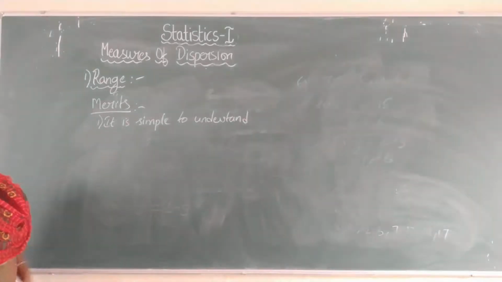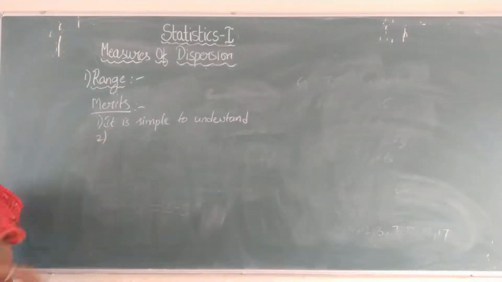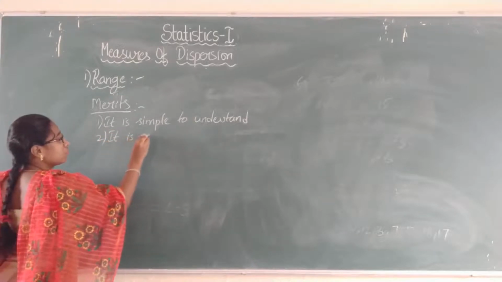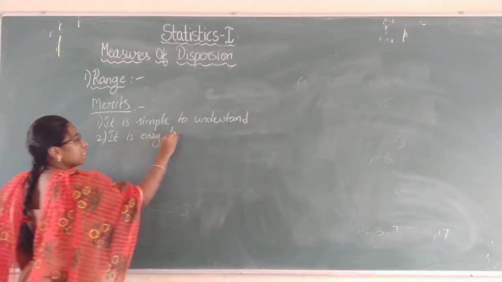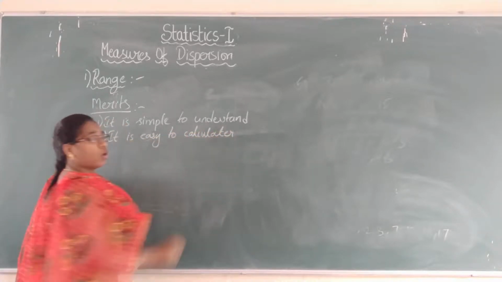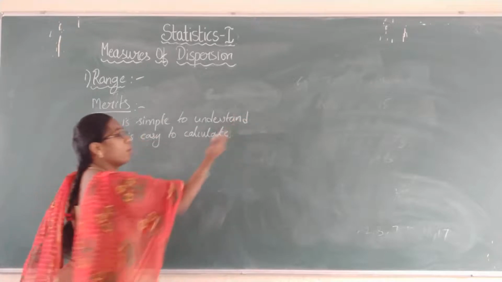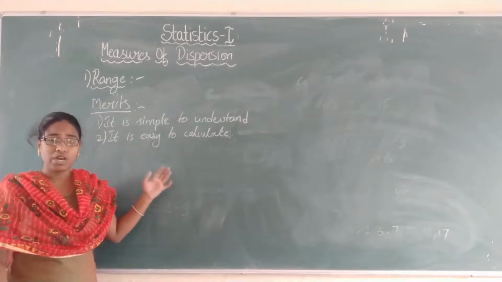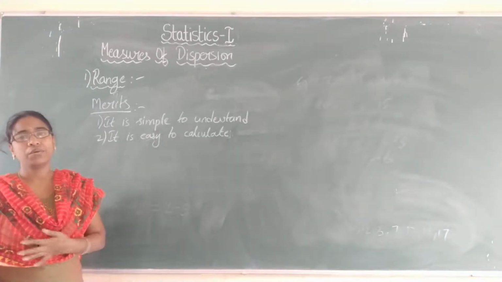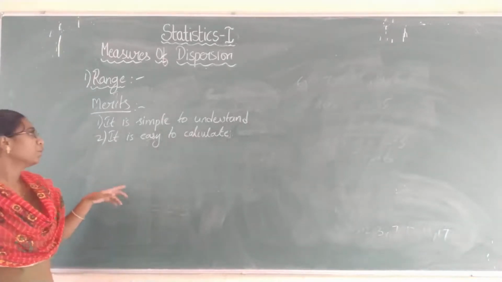In the same way, it is easy to calculate. No complicated calculations are involved in the calculation of the range. Only the highest value minus the lowest value, you will be getting